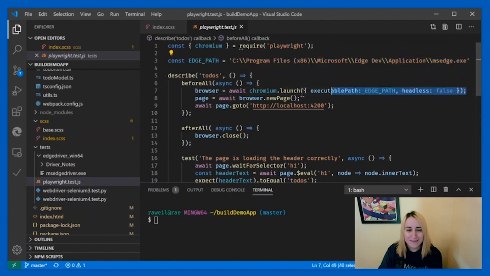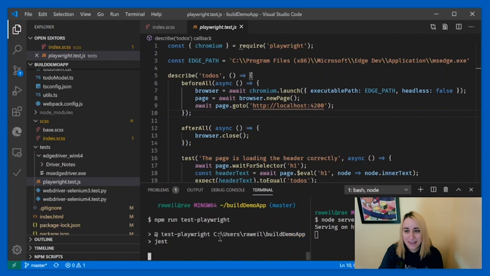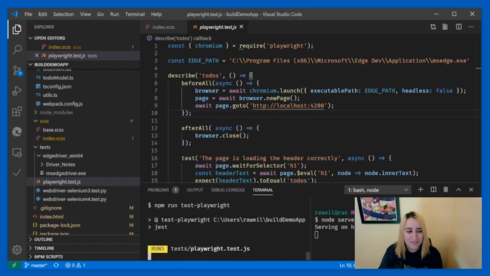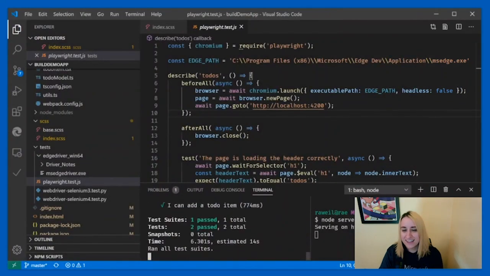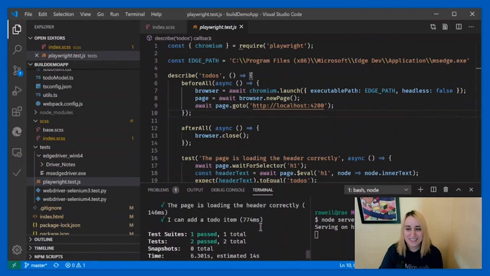Normally we would put this in headless mode, but for the purposes of this demo, I've set headless to false. So I will go ahead. Actually, first I need to restart the web app, and then let's go ahead and run the test now. And we should see Playwright launch Edge here in a moment. Excellent. Navigated, it ran really fast, but you'll see that both of these tests in the test suite actually pass,